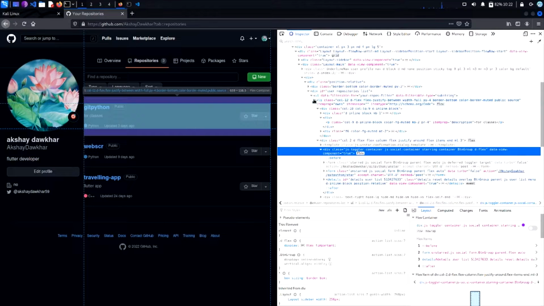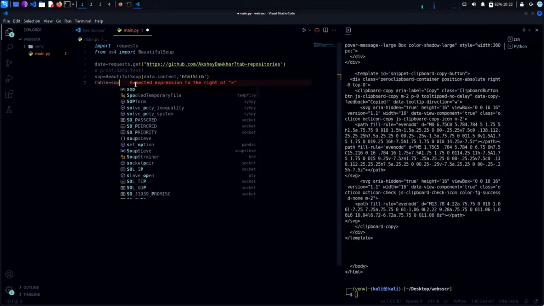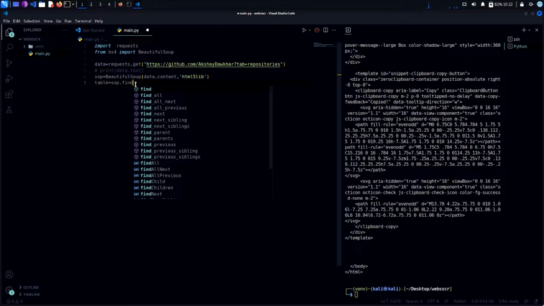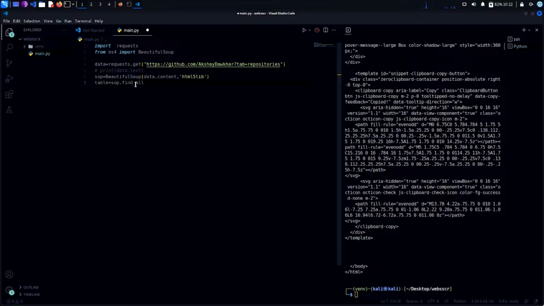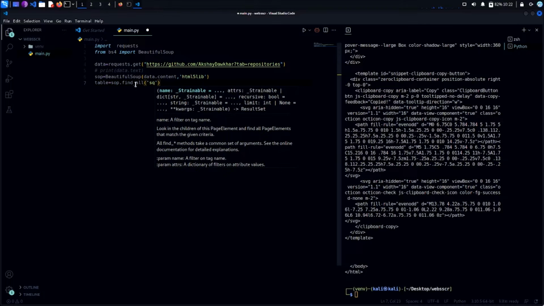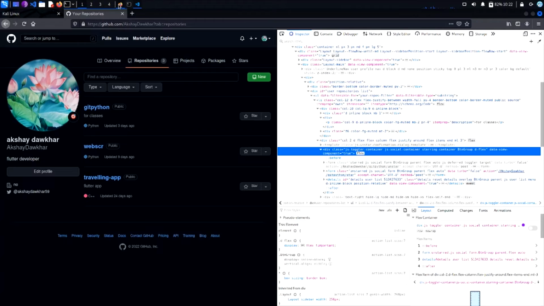So there is a command soup.find_all, to find all. But what we have to pass as our parameter is span. So we are going to see where is